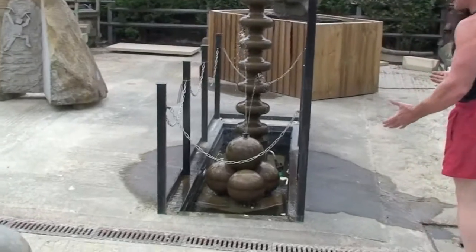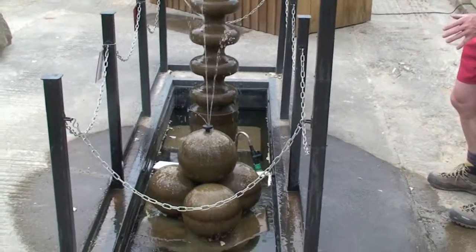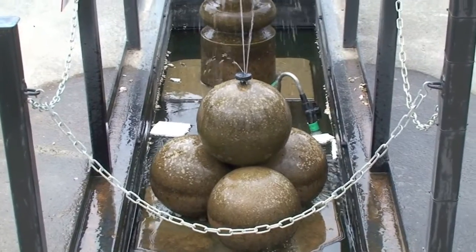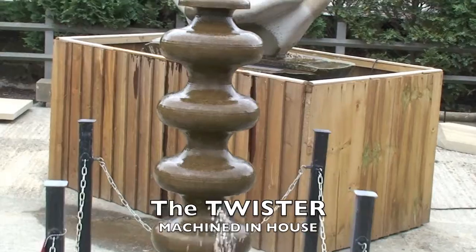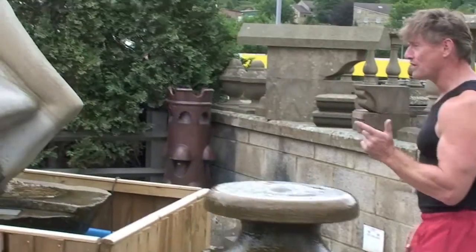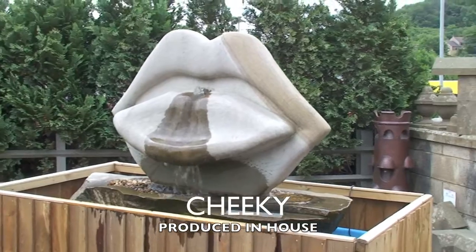For the simpler case, we have spheres which have been turned on the machine. We've simply drilled them, and it creates quite an attractive water feature. This one here is another example of our talent. This is simply entitled Twister, for obvious reasons. This one, I think this is a wonderful piece. It's from Mr. Lyons' creation. And if you follow us around the back here,